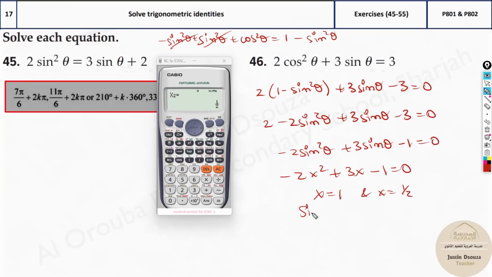That means it's sine theta equals 1 and sine theta equals half. We just now did negative half. Now we can do positive half. See, 1, it's a good thing. There's only one value which reaches 1 in the sine graph for one cycle. So if you just do sine inverse 1,